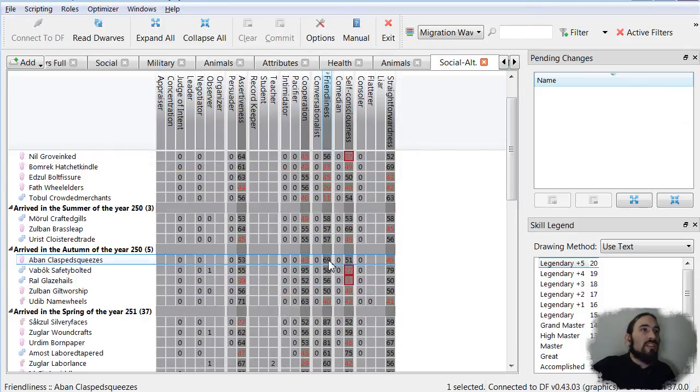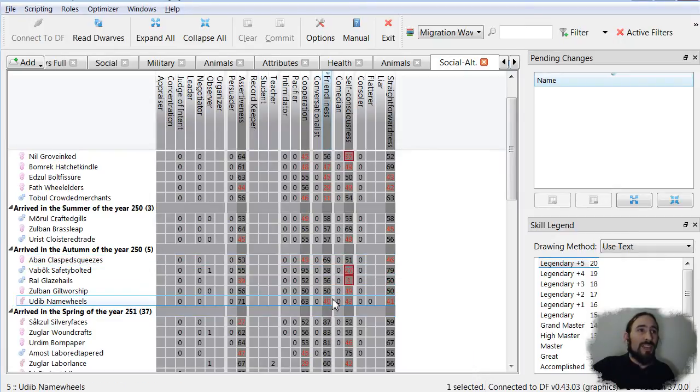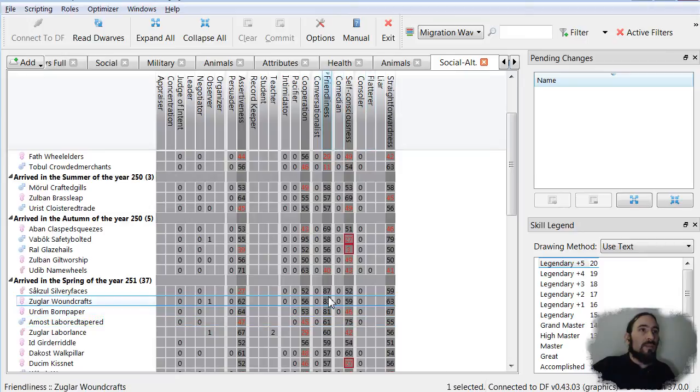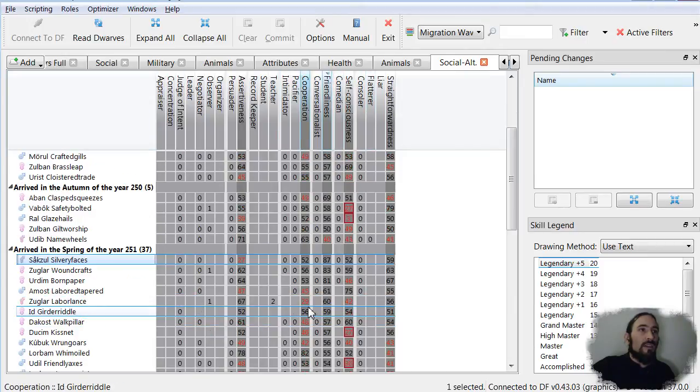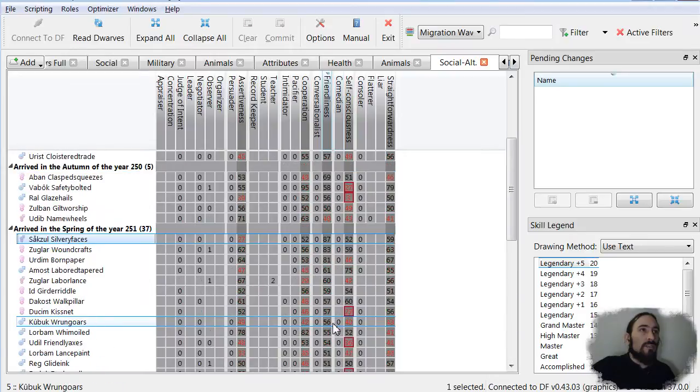You can't also be the 69. Oh my goodness. Aban clasped squeezes. I mean, really? How dare you? It's a bit on the nose, isn't it? Too friendly. Not as friendly as Sazkul Silvery Faces, though, at 87. So far, our friendliest character. Okay. So, do we make our friendliest...